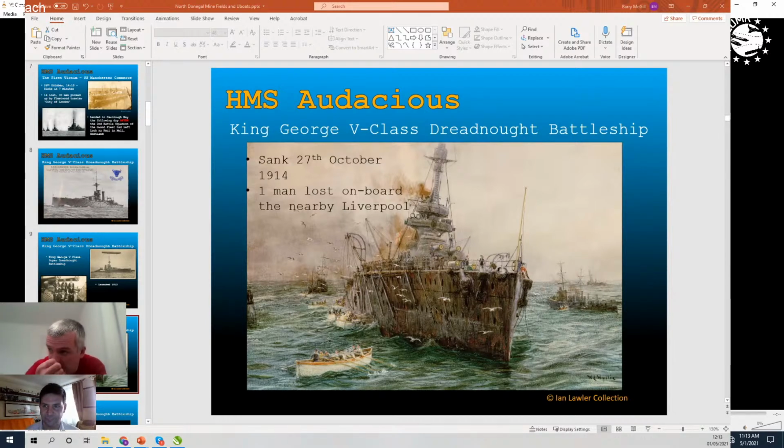Perfect. So you can see here a quite famous picture of the sinking. The nice thing is that nobody died on the ship. The ship sank, and the whole crew were able to abandon. They tried to tow it to land, but over time the ship became too heavy to tow. It parted its tow lines a number of times, and in the end they had to give up on the ship, and all crew were able to